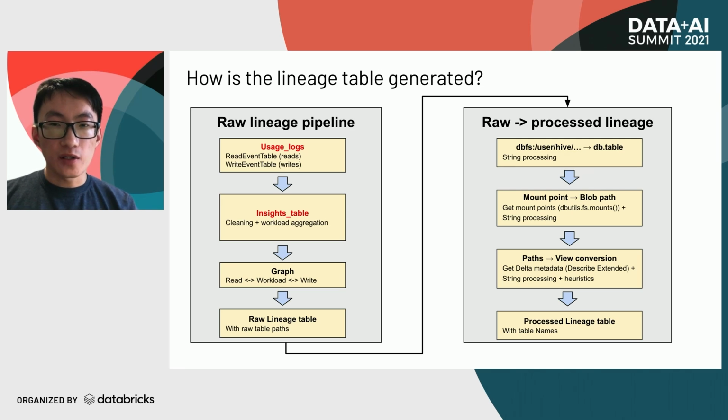Now we have the raw lineage table. We need to do some further treatment, like normalizing table IDs by mapping them to the full storage path. We also need to map them back to table names whenever possible. After all the stream processing, we get our final version of the lineage table, which gives us all the necessary information presented above.